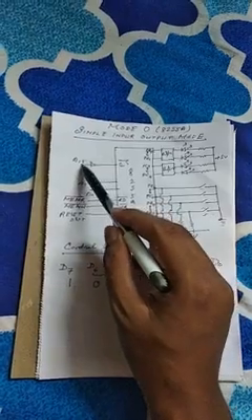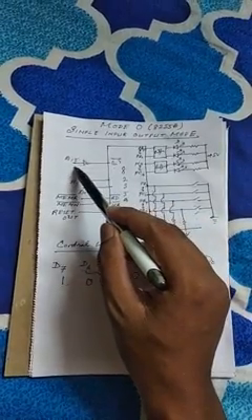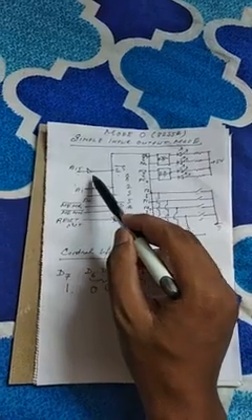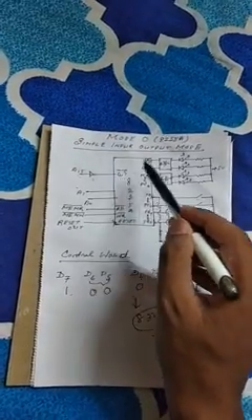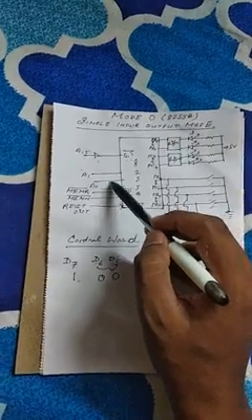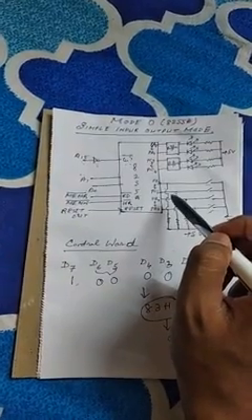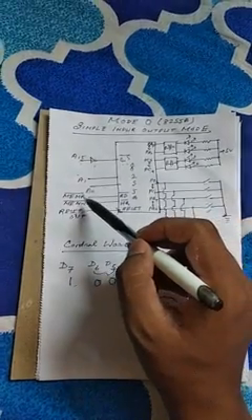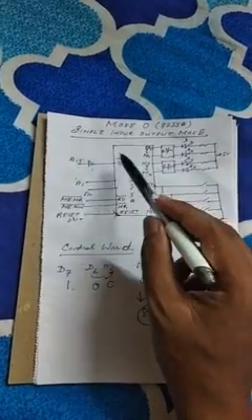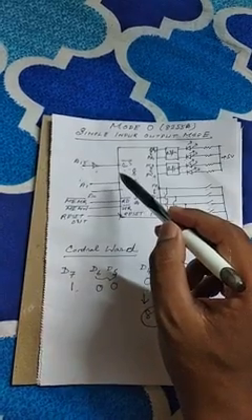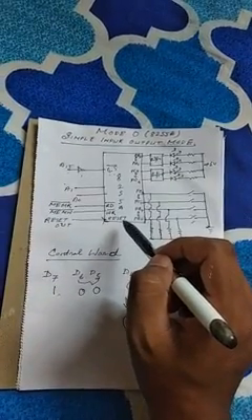Here in this arrangement, A15 is connected with the CS bar. A NOT gate is connected, so an active low signal will be sent to the CS bar for the activation of 8255A. And A0 and A1 select the different ports, port A, port B, port C, as well as the control register. Here MEMR bar and MEMW bar are connected with the RD bar and WR bar. This is a memory mapped IO technique because 16-bit address lines are used. And here the reset out signal is connected with the reset pin of 8255A.